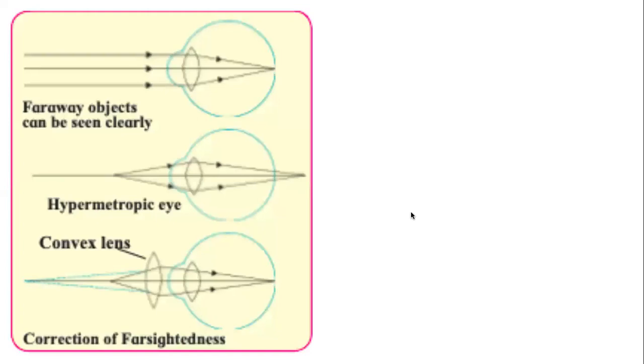If we try to understand with a ray diagram, no problem with seeing the distant objects. So if the parallel beams of light come, they will enter the pupil, cross the lens, get refracted, and they will converge on the retina. Absolutely no problem. But if the object is not at the infinity, if the light is coming from near, after passing through the lens, after refraction, they will converge, but they will not converge enough. The image will be formed behind the retina. नहीं दिखेगा हमको, हमको ये दिखेगा, and this is not clear.